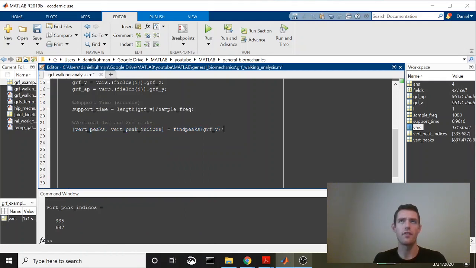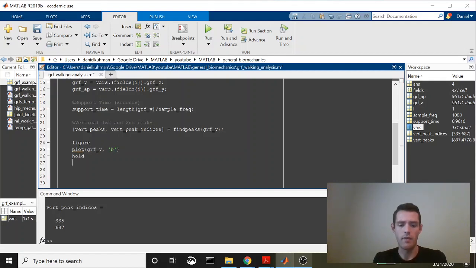Now, findpeaks is just looking for things that go from a number that is lower to higher to lower again, and then it gives you that top number. That's what this findpeaks function, a built-in MATLAB function, is doing. You do want to double check this, because it's possible that there's some little glitch in your data, or maybe it's not a glitch, it might be real data, and it's going to pick it up as a peak. So one of the things you can do is plot these to make sure that they look right. So we'll plot GRFV,